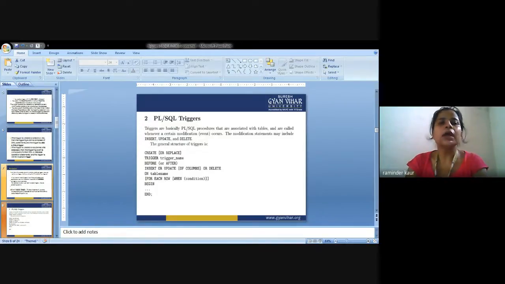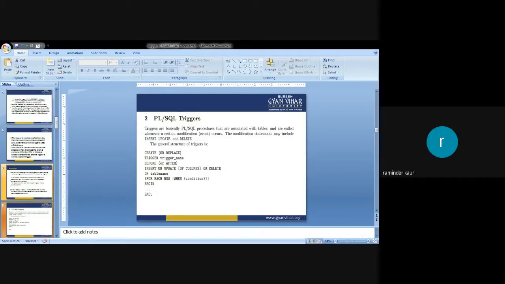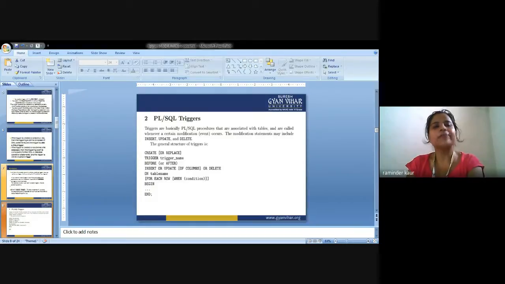Fourth point is PL SQL provides a feature to handle the exceptions which occur in a PL SQL block, known as the exception handling block. Fifth point is applications written in PL SQL are portable to any computer hardware or operating system where Oracle is operational. And sixth point is PL SQL offers extensive error checking, that we have already discussed. Integrity domain, in which we are supposed to use the foreign key.